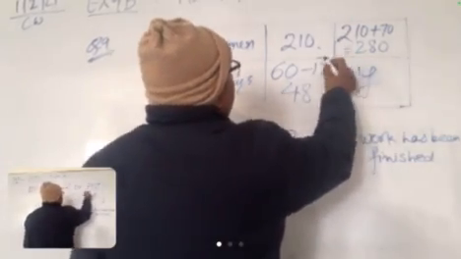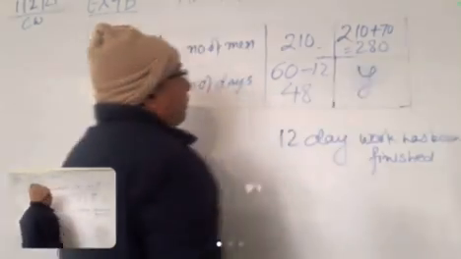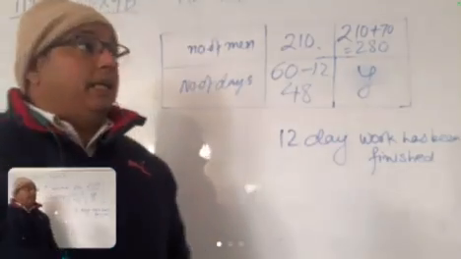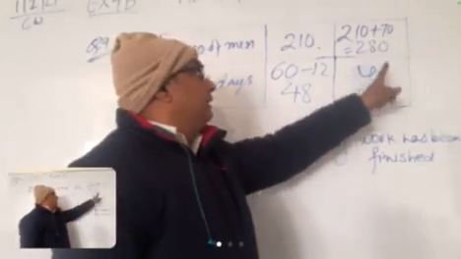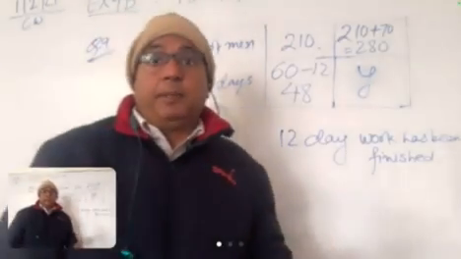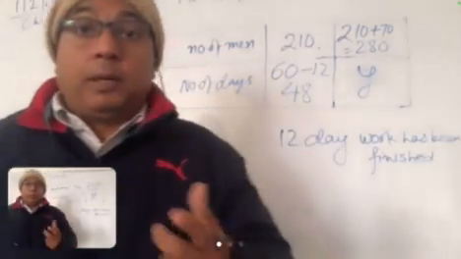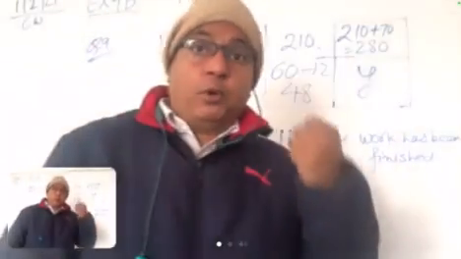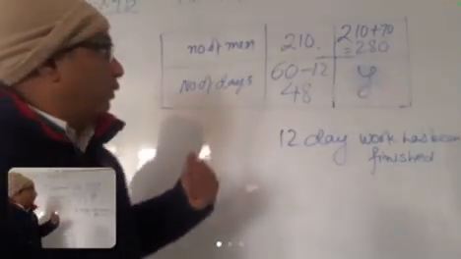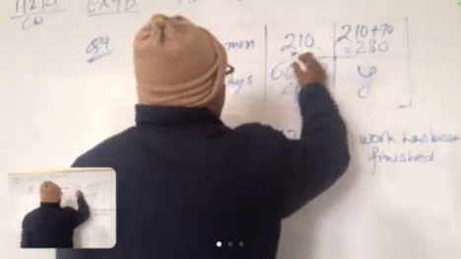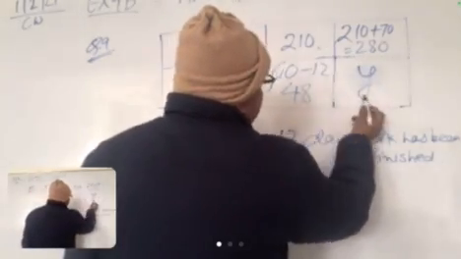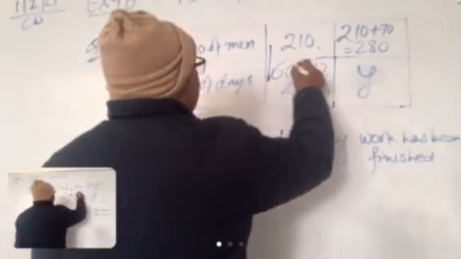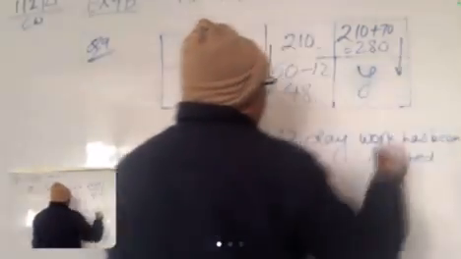Means, if the number of men is increased, the number of days decreases, because there are 70 more men to complete the work. So the work will be finished before, not after, before. Means अब हमने यहाँ पर जो नंबर ऑफ मैन इंक्रीज किया है तो नंबर ऑफ डेज क्या हो जाएंगे, डिक्रीज. So it is an inverse. So everyone use this downward arrow for this question.